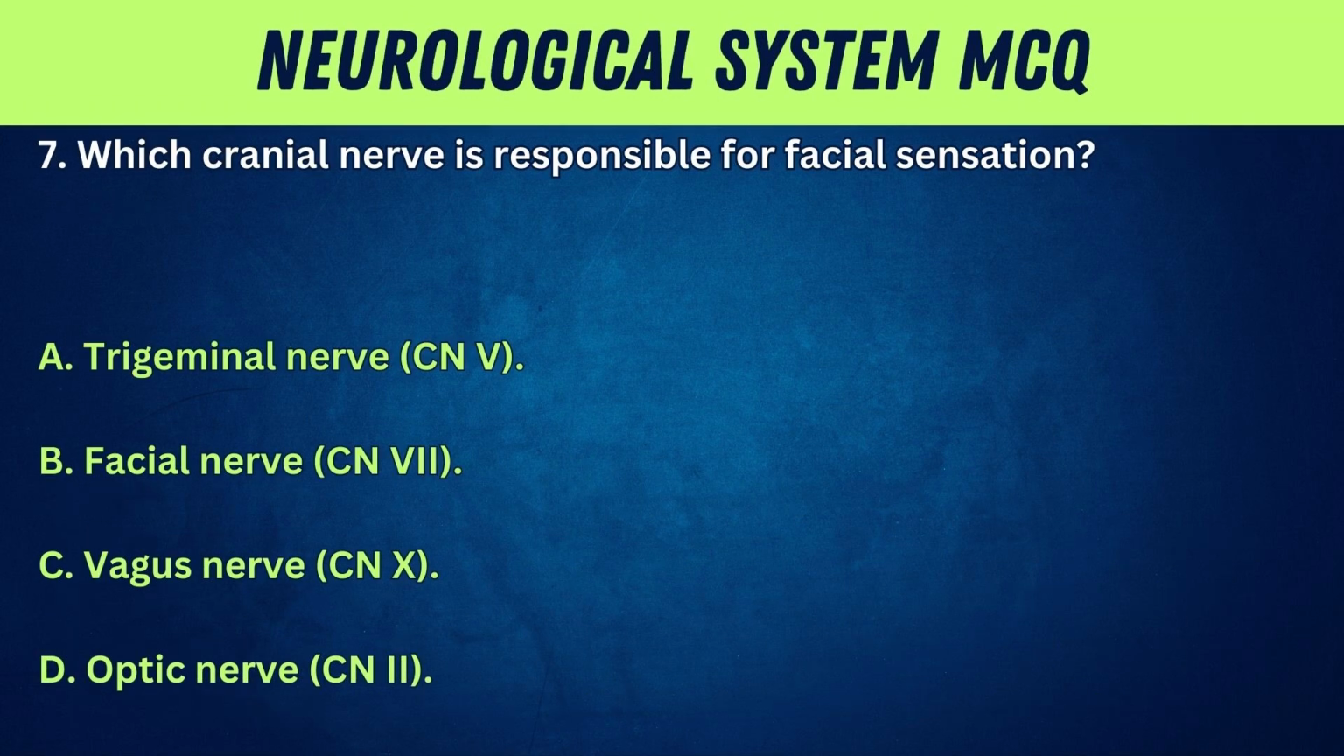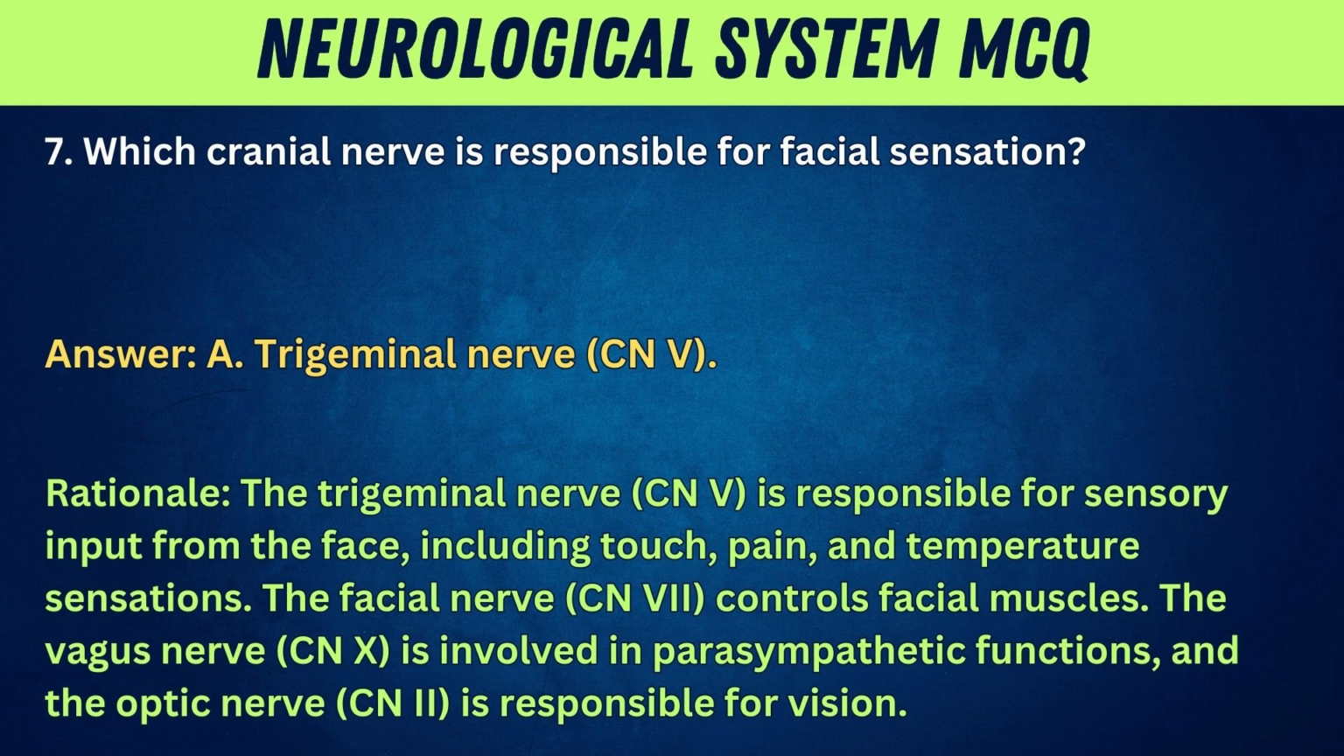7. Which cranial nerve is responsible for facial sensation? A. Trigeminal nerve, CN V. B. Facial nerve, CN VII. C. Vagus nerve, CN X. D. Optic nerve, CN II. Answer: A. Trigeminal nerve, CN V. Rationale: